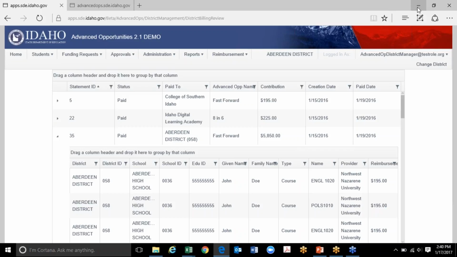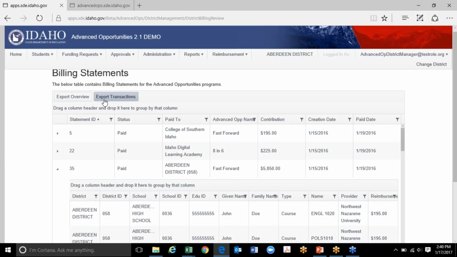Additionally, you can export this to a CSV file and you can see all that information. Now,